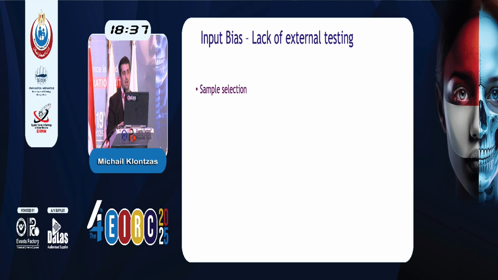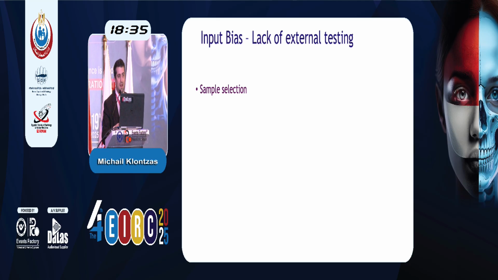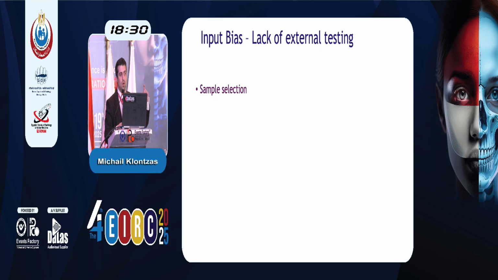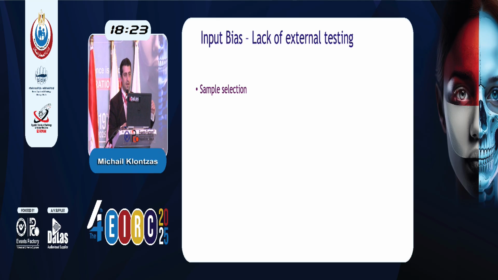So I will start a bit with the input bias and lack of external testing. We have a usual problem that has to do with the selection of the samples for these types of analysis. We usually do studies where we very well define a nice study population with very strict criteria. But in reality, if you go back to the clinical situation, we don't always see the same conditions, and we have a greater variability. So the method may not be applicable if you test it on a real population. Sometimes you have missing data in your dataset, and that's a problem. You may have small datasets. If you try to do an analysis with 30 cases, this may not be generalizable at the